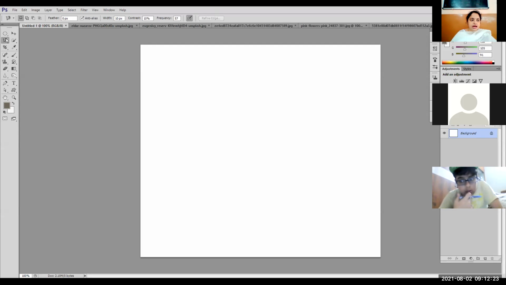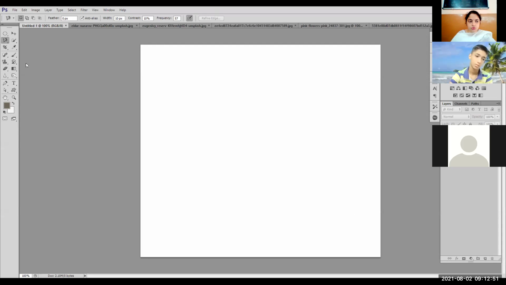Okay. Now, in the last class, I told you there is a tools palette on the left-hand side, and this tools palette is divided into 4 categories. All the tools in this tools palette are divided into 4 categories. You can see the gray line in between the tools in the tools palette. Can you see the gray line? After a few tools, like here, it is a gray line. Okay, this gray line is used to divide the tools into different categories.